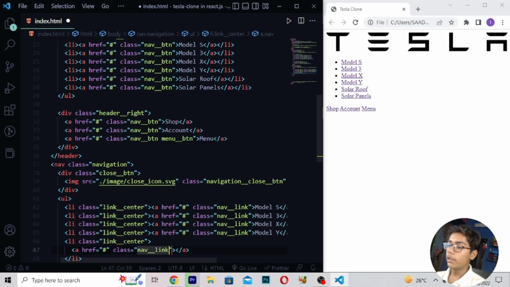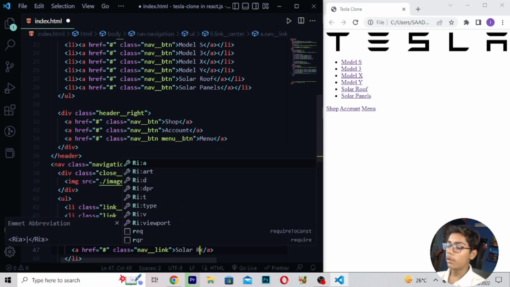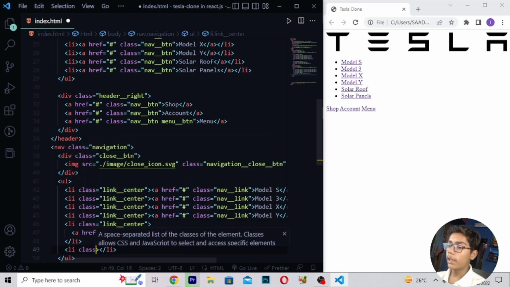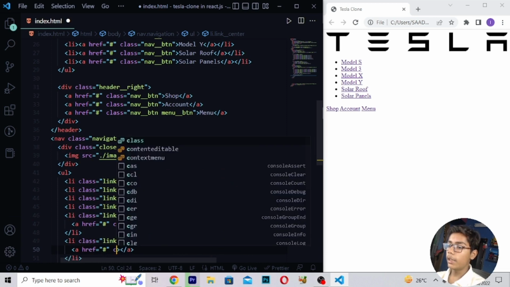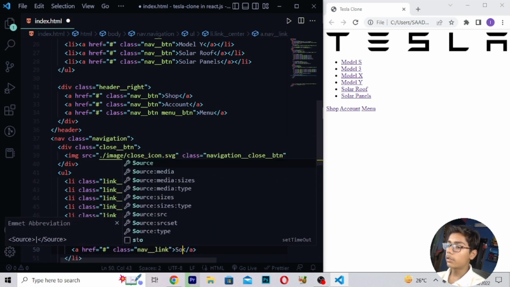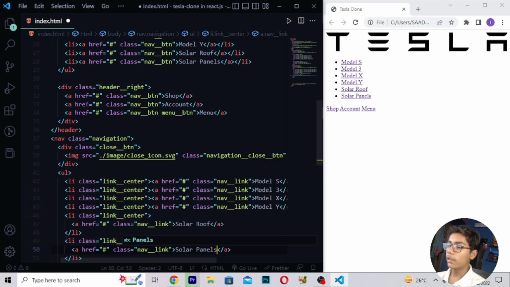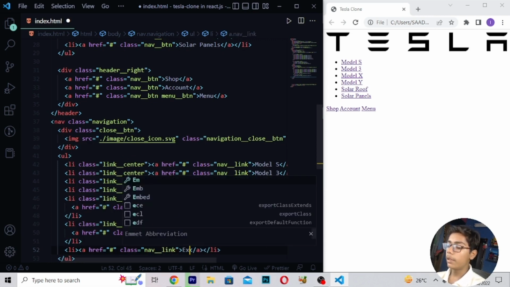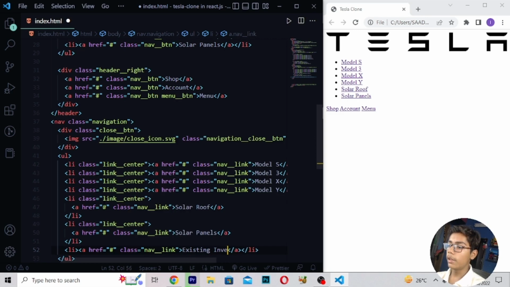So when you've written this, here I will be writing Solar Roof, then here I will be just moving down, right here li class link center, then here I will be writing here a tag class nav link, then here I will be just writing Solar Panels like this. Then here I will be writing li tag a tag, then right here class nav link, then when you've written this, here I will be writing Existing Inventory.